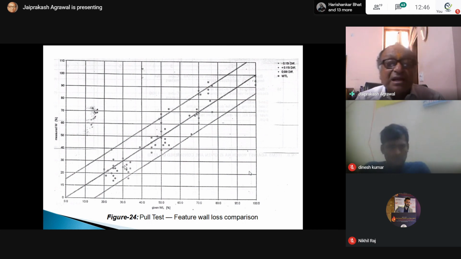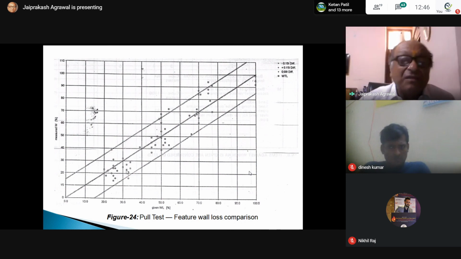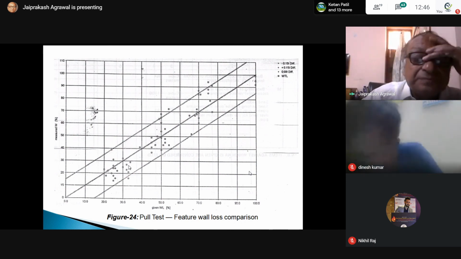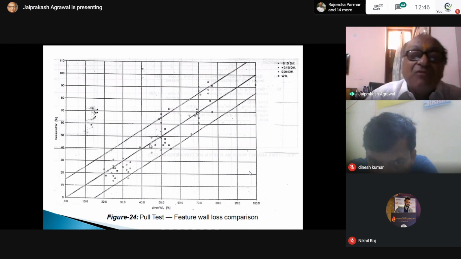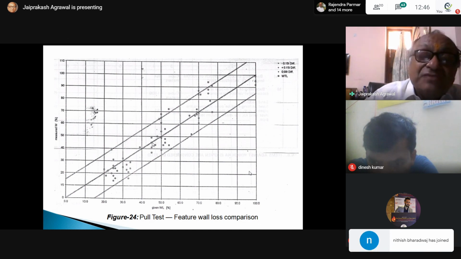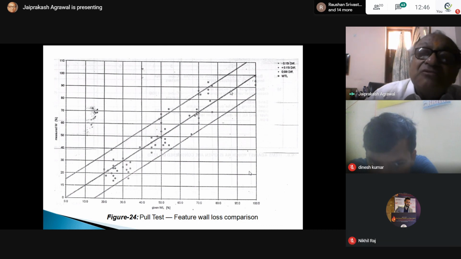But that is very high actually. It should not have a margin like that. So we should again calibrate this. Why it is going like that? We have to calibrate and then again we have to do. Ideally, it should lie on this. Plus 15 mm, it is more than that. So this calibration is necessary. Why it is coming like that? This we have to check further, what is the depth. It should match on the length, width, and depth. So this is very important. This pull-through test.